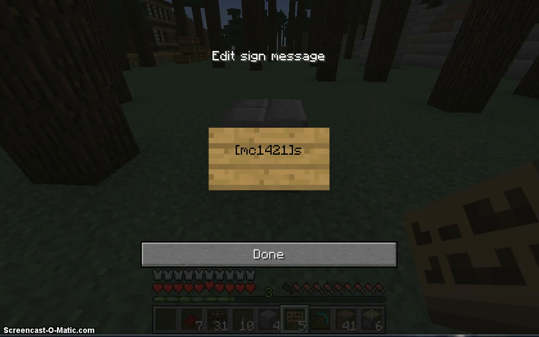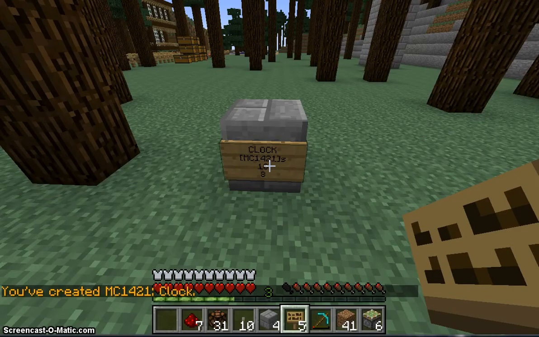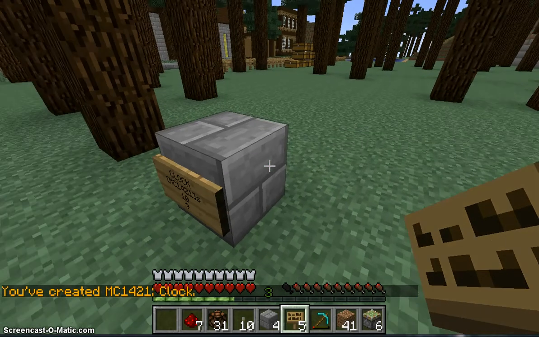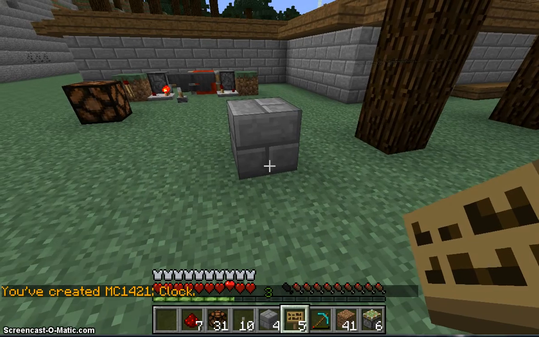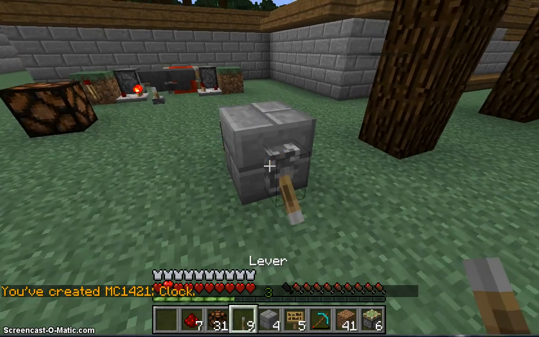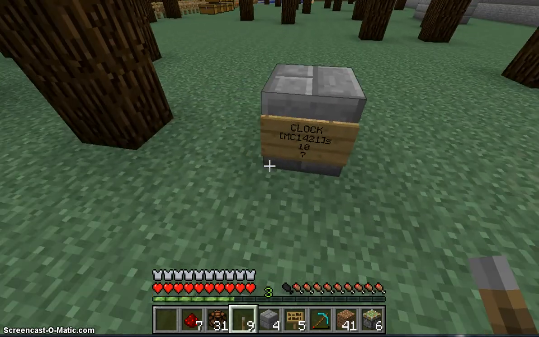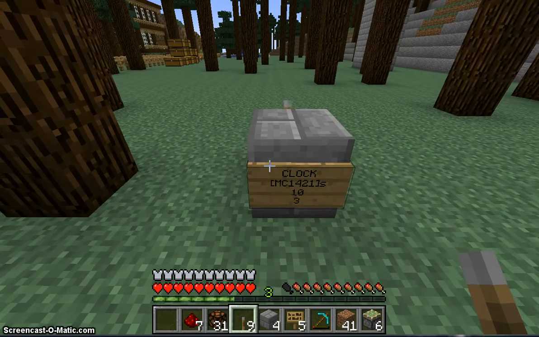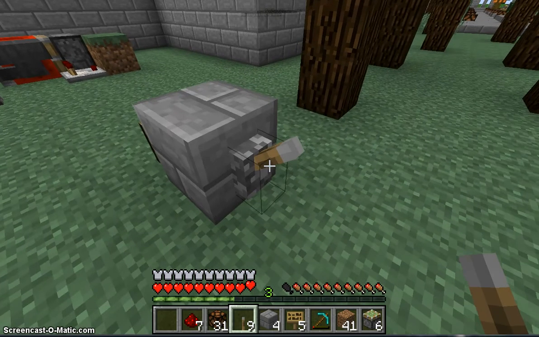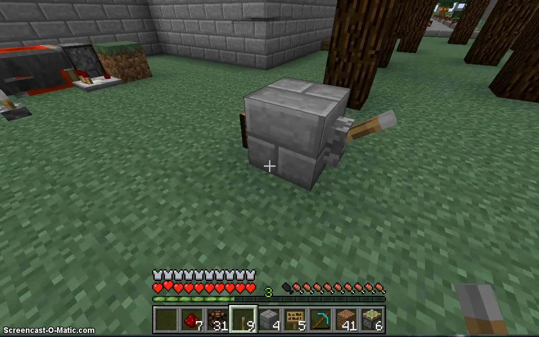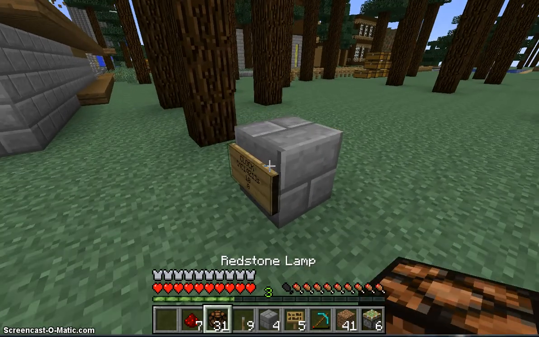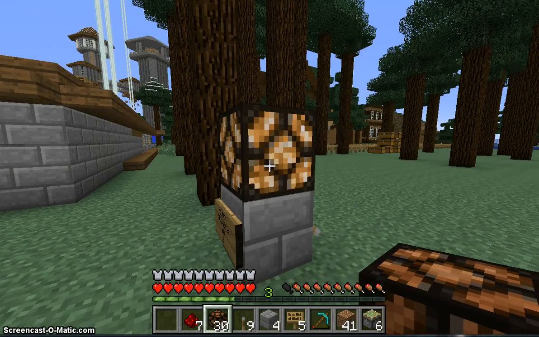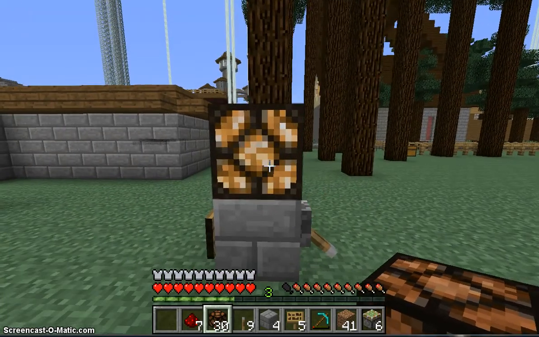For this example I will use 10, so this will be 1 second. And press escape to finish the Craftbook IC. As you can see, we've created the Craftbook clock. And now let's put a lever on the back to see it work. You see the number on the bottom increasing every time. Every time it reaches 10, it will flip this lever. Now, if we put a lamp on top for an indication, you will see it turns on and off every